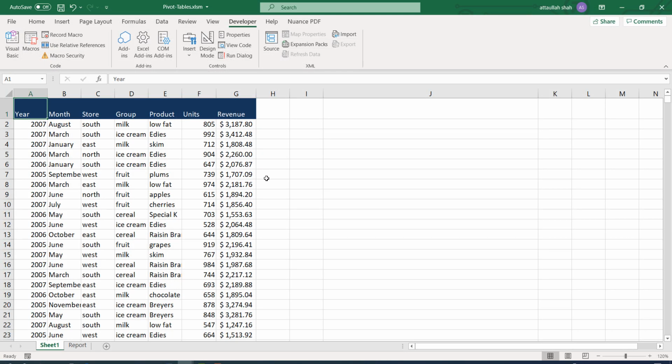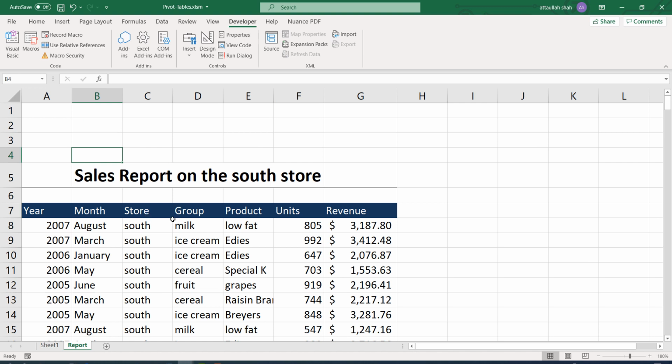Okay, let's move on to the next task, which is, if we want to create a report, we should first of all remove any previous report from here.